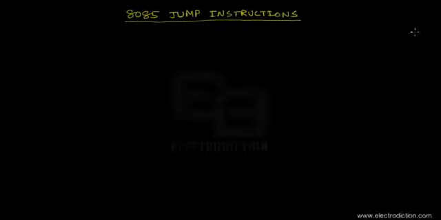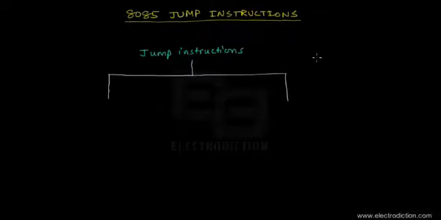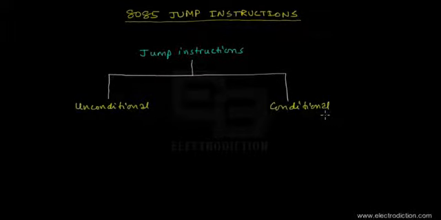Welcome to a tutorial on the 8085 jump instructions. Now the jump instructions in the 8085 microprocessor can be divided into two broad categories, namely the unconditional jump instructions, and obviously the other one, the conditional. In the unconditional jump instruction, it includes only one instruction, that is